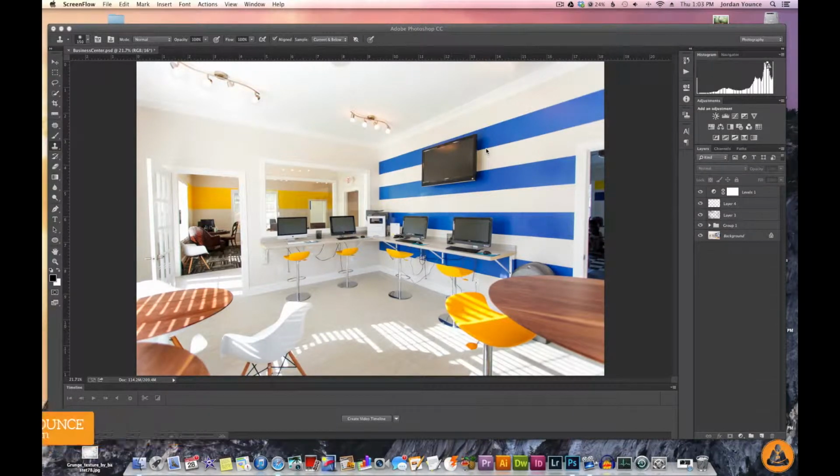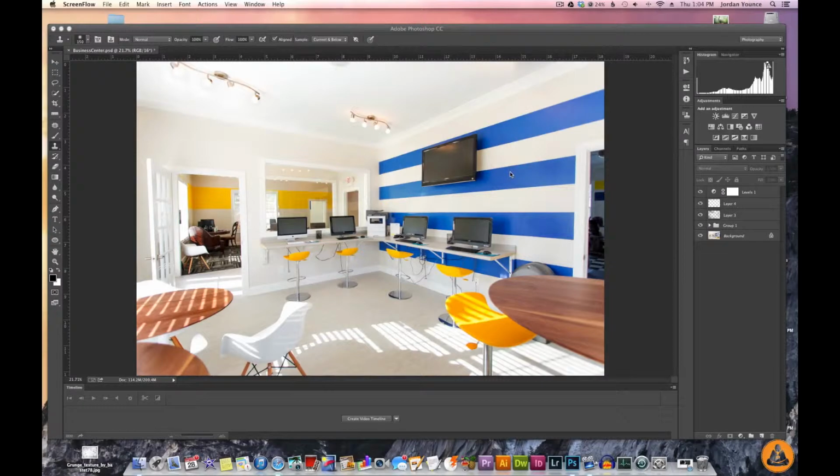I've been getting a lot of questions about distortion removal. And most of the time distortion happens when shooting a wide angle view or with a wide angle lens. And there just seems to be a little bit of barrel distortion. So I thought this would be a perfect photo to show you how to remove pretty much all of the